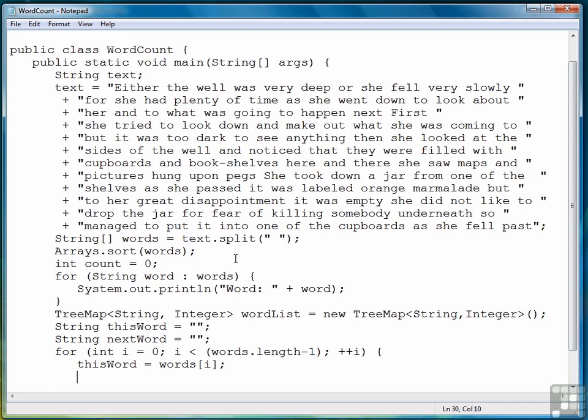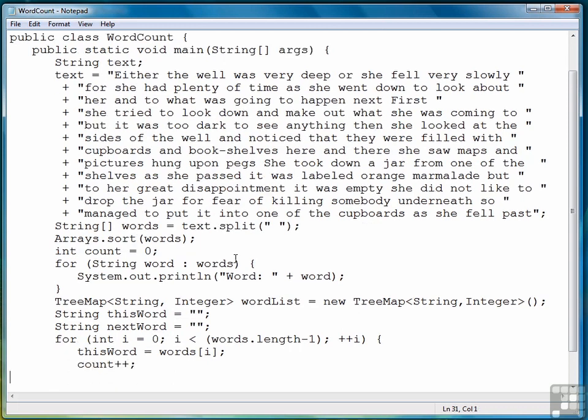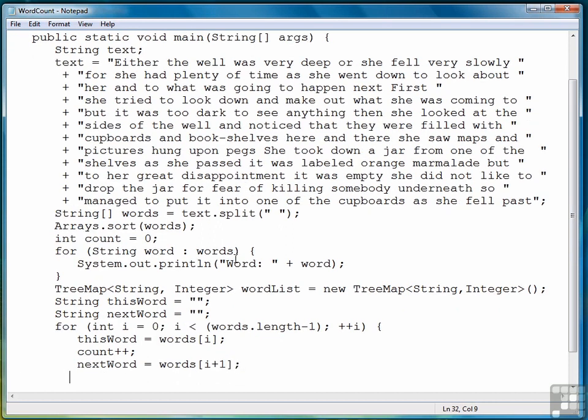And at that point, we'll increment count by 1 for the first occurrence of a word. Then we'll assign the next word, the i+1 word, to the variable nextWord. Then we can perform what I like to call a negative comparison. So we're saying if not thisWord equals nextWord,